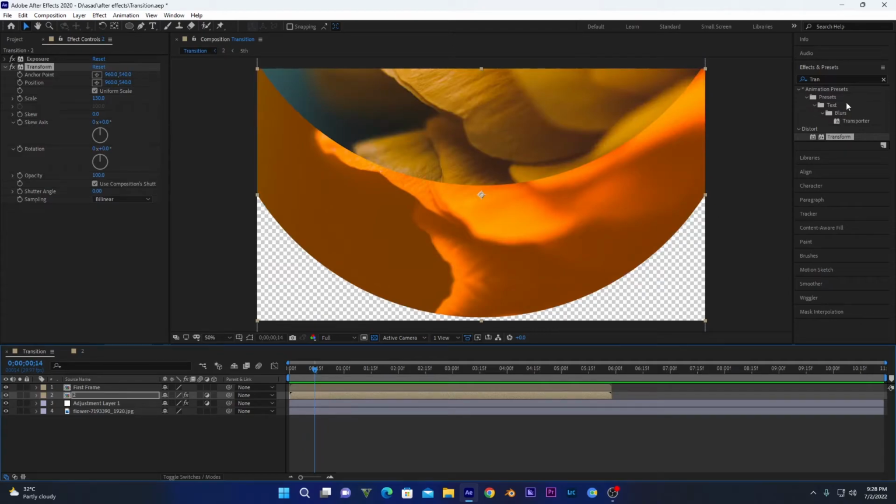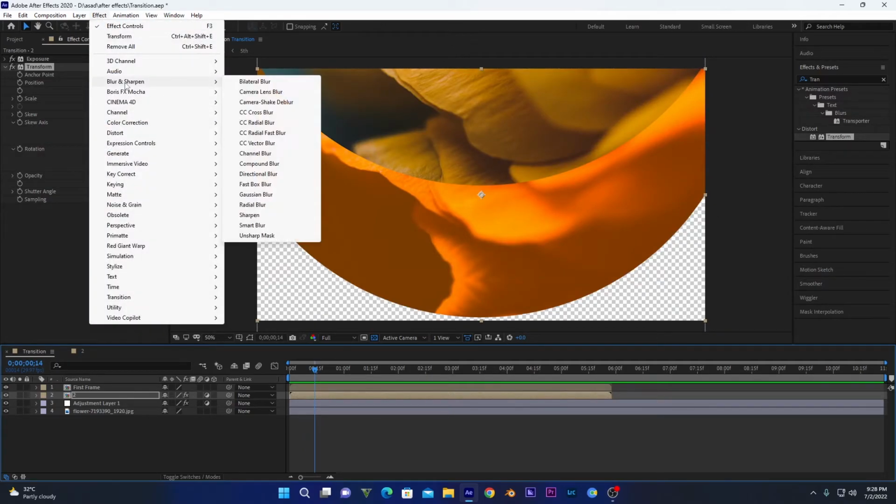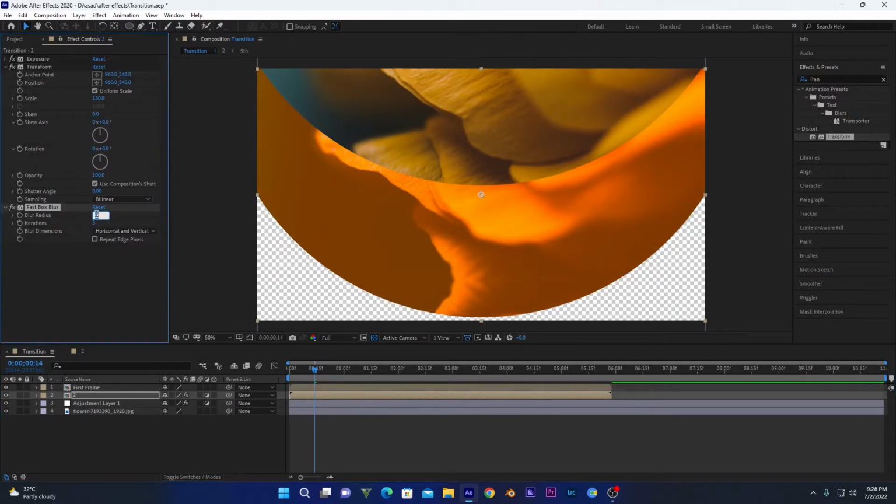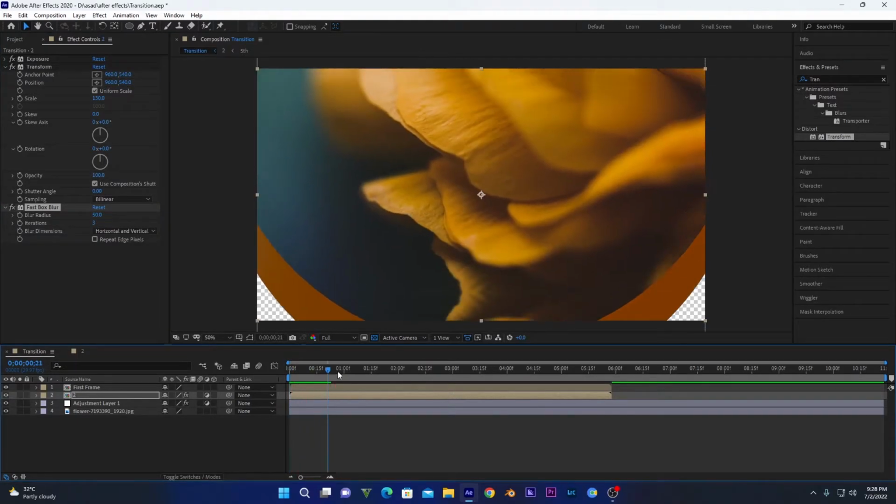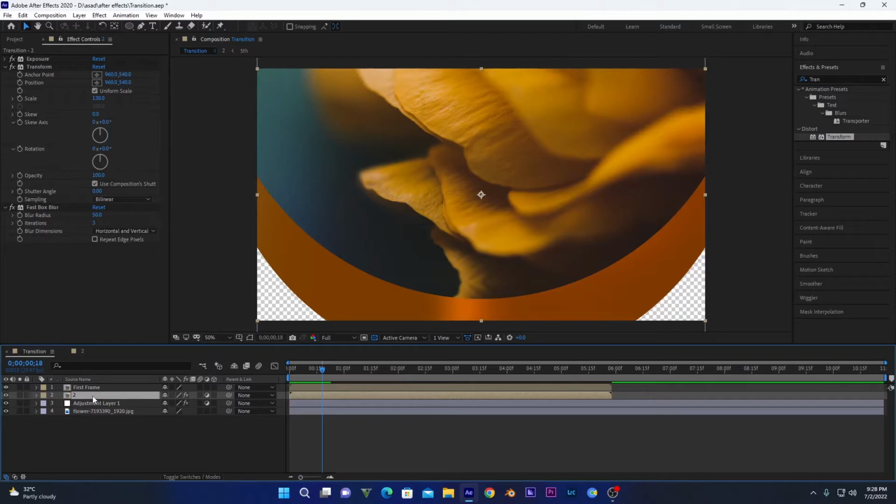Now we will add a blur effect. Go into effects, blur and sharpen, and select this fast box blur. Increase it to 50 or any other value. So here, as you can see, there are pairs of circles, so I will duplicate this pair and delete all